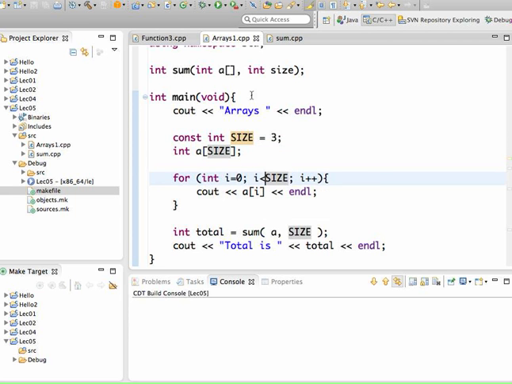The alternative would be to not have this constant size, put in a 3 here, put in a 3 here, and then a 3 wherever you use the size of the array, and then you might forget what the size is and use something different, or you might change the size here and then the loop does not reflect that change in size. It's much better to have a constant size, so that if you do want to change the size of the array, you can change it here and everything else reflects that change. Okay, having said that, here's an array of 3 elements, and what we're going to do is write